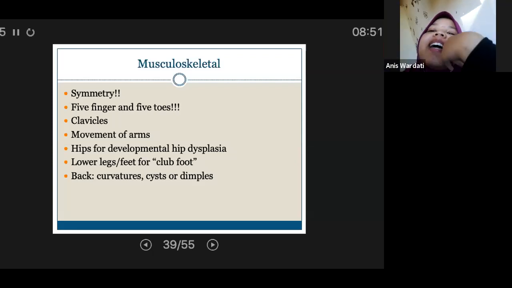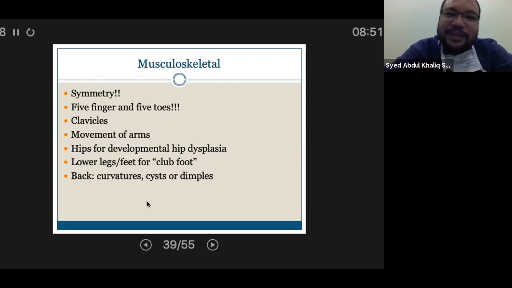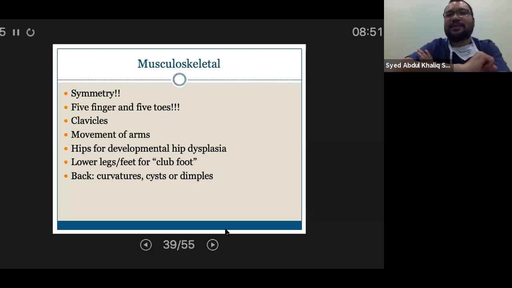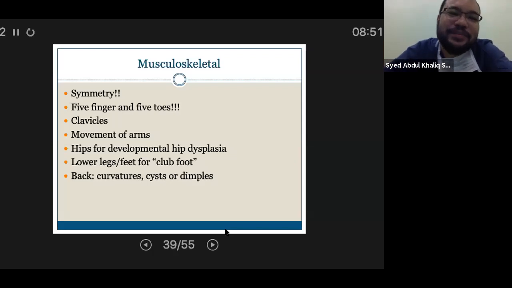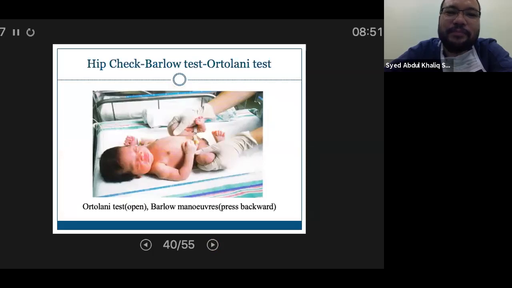Apa Hrithik Roshan ni? Okay, you look at the clavicle, especially babies with shoulder dystocia, sometimes they have clavicular fracture and things. Not just that, clavicle, I've seen humeral fracture. I've even seen femoral fracture. And I look for the clubfoot, any curvature, any abnormalities of the sacral, sacral agenesis, apa semua, sacral dimple. Sometimes sacral dimple can be a sign of spina bifida, and then you do Ortolani and Barlow test to look for